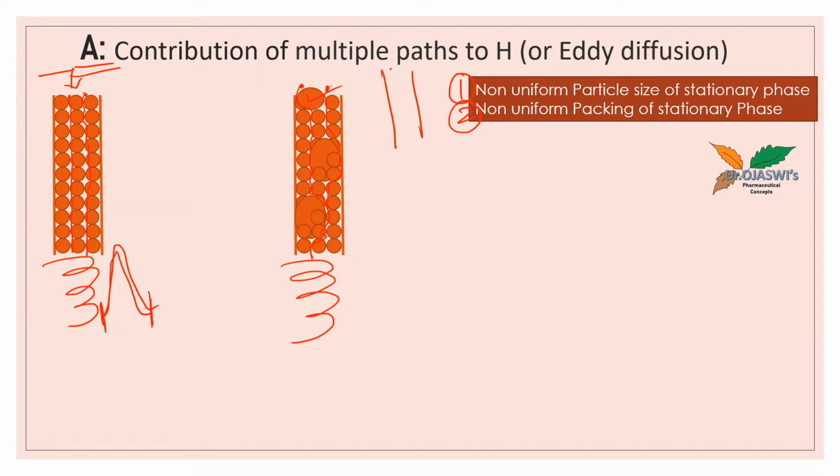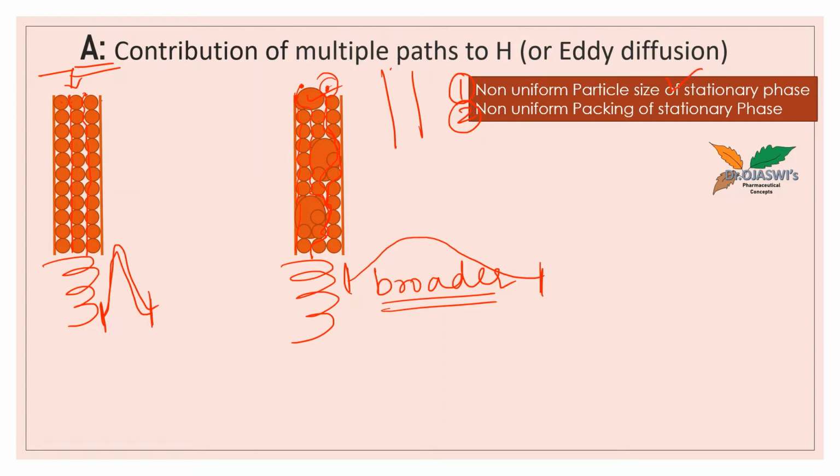It may happen that due to the disturbance during the travel, this molecule is taking a longer time to reach the detector, whereas another molecule which has lesser disturbance while traveling down will reach the detector in a short span of time. So in that case, the detector will keep on detecting the response for a longer time, and thus the band or peak will be broader. So bandwidth or peak width will be broader, it will not be sharp. So this is because of non-uniform particle size.